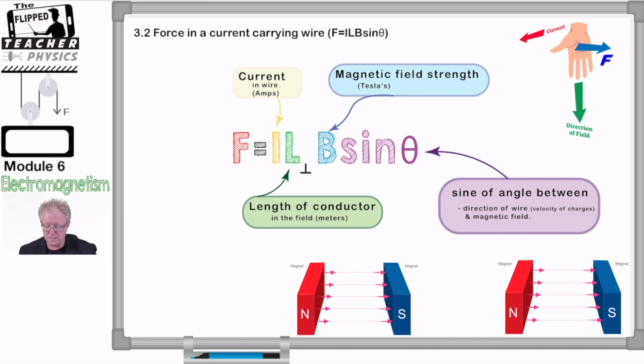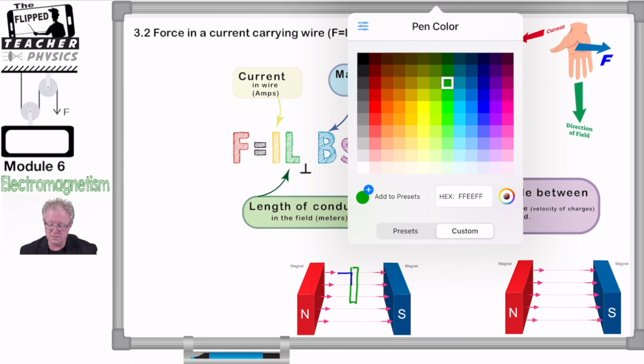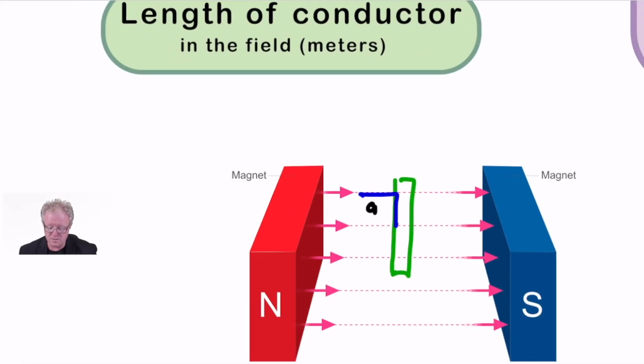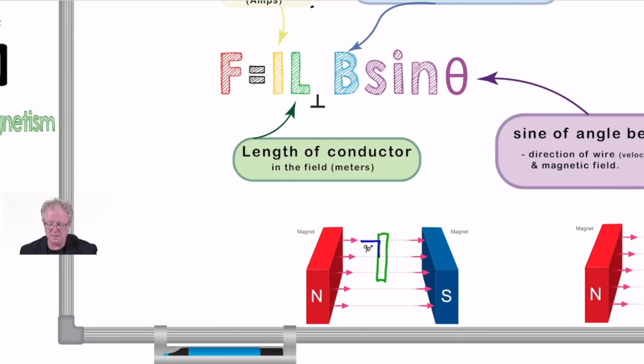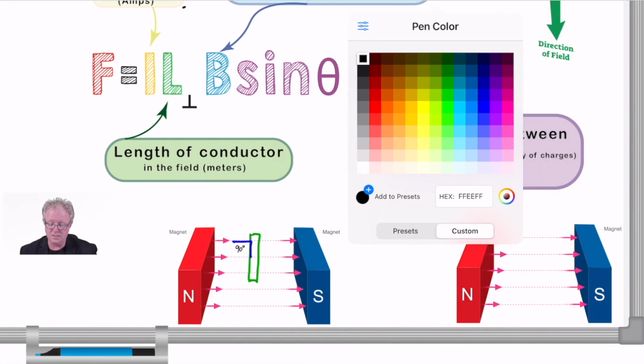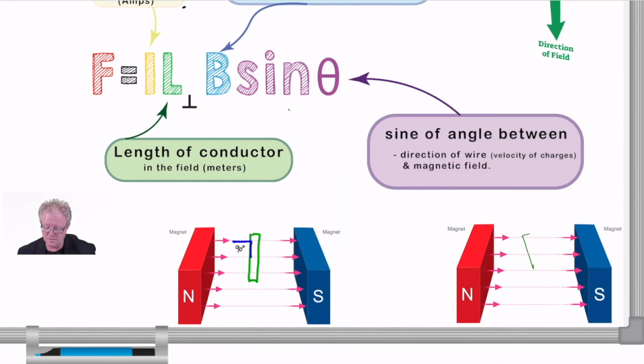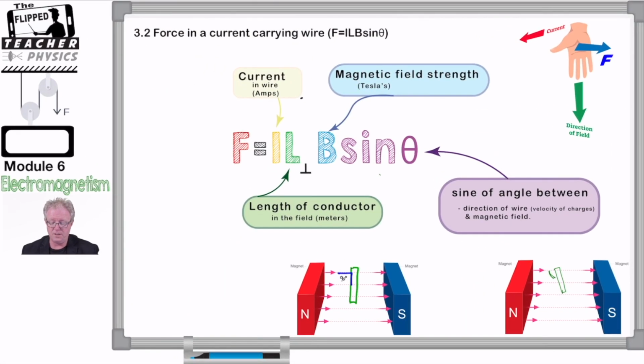So if we have two examples here, if I was to draw, let's do a green conductor. If I was to draw a conductor like this, then the angle between the field and the conductor is 90 degrees. Let's just zoom in so we can see it. That's 90 degrees, and the sine of 90 is 1. And so if the conductor is stationary like that, then that's the 90 degrees there. If, however, the conductor is not at 90 degrees, let's say it's some other angle, like this, then that is when you have to put another angle in. We're going to look at that in the next video, so make sure you really understand that. But this is the formula,